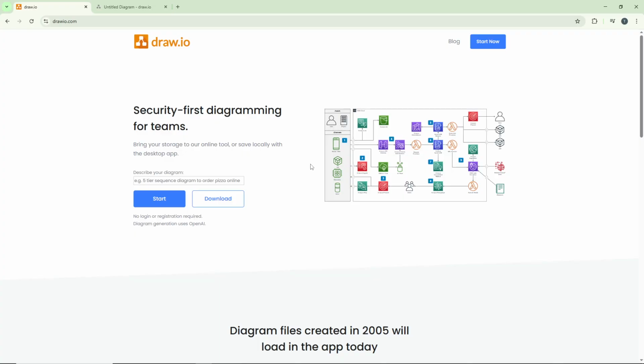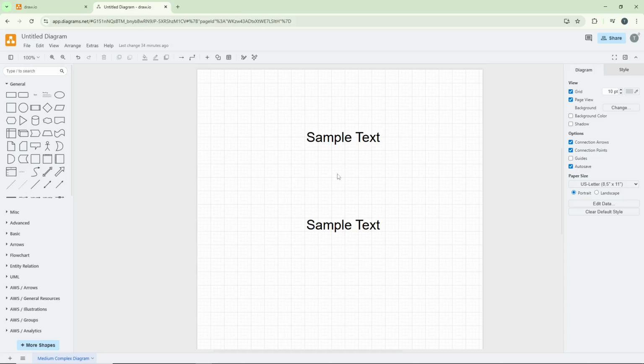First, head over to draw.com in your web browser. Once the page loads, you'll see a Start button prominently displayed on the home page. Go ahead and click on it. This action will redirect you to a new tab where the Draw.io editor opens up, giving you full access to all the diagram creation and editing tools. You might need to give it a moment to fully load, especially if you're working with larger files or have